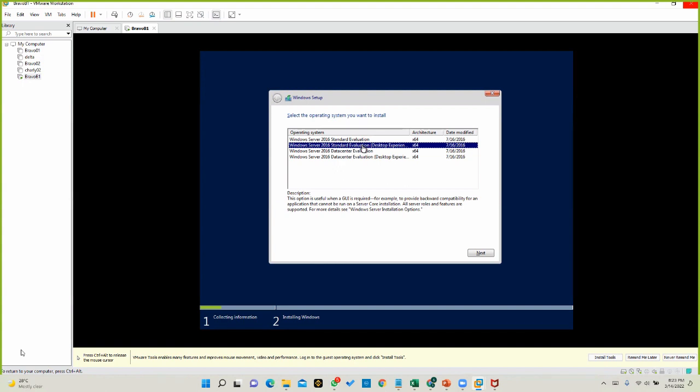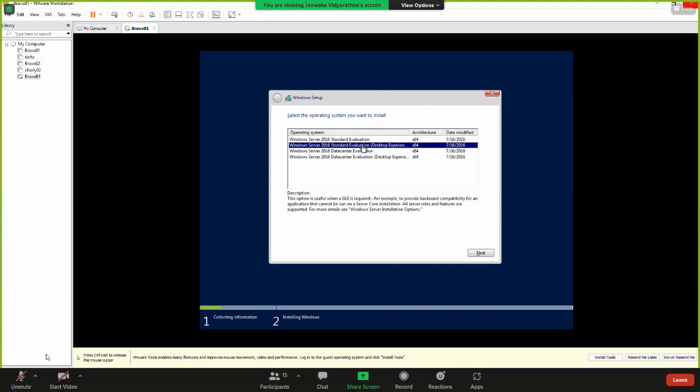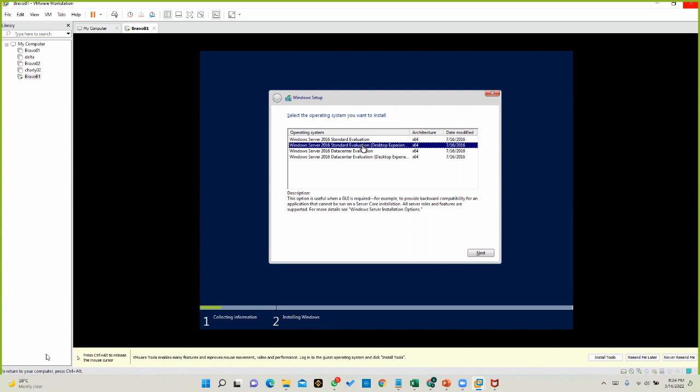The feature wise there is no any difference in between standard or data center editions, right? All the features which come on the standard edition or a data center edition come up with the other edition, right? So the only difference in between these two is the number of Windows instances that you can create on the operating system that you are going to install.